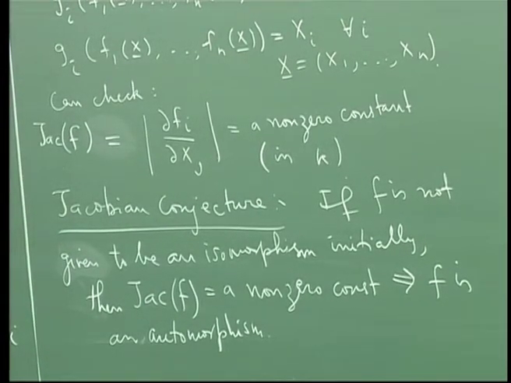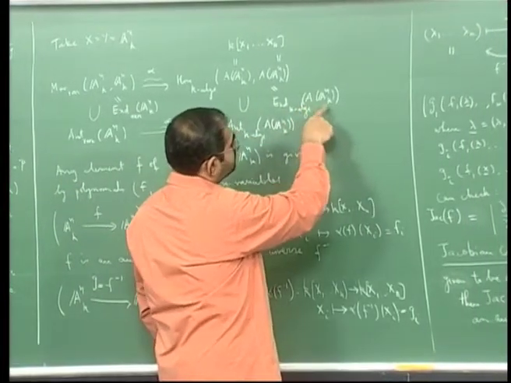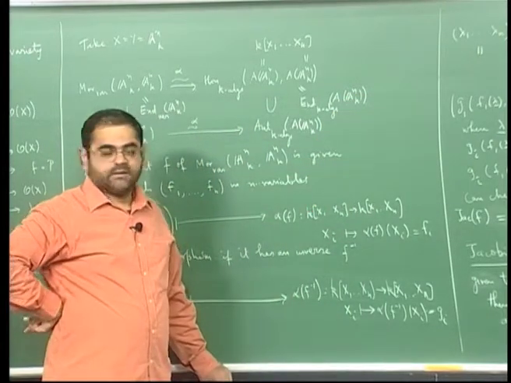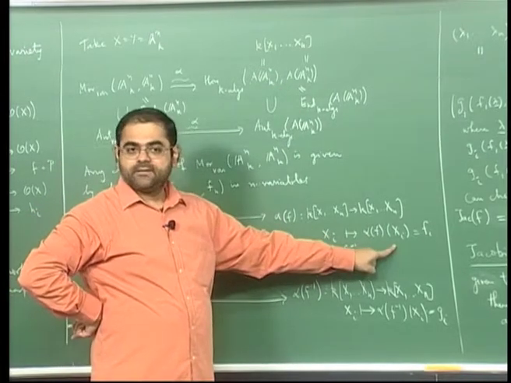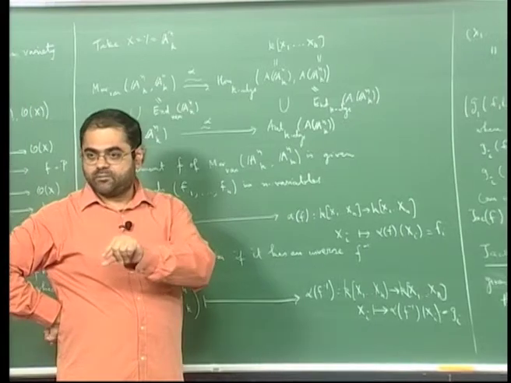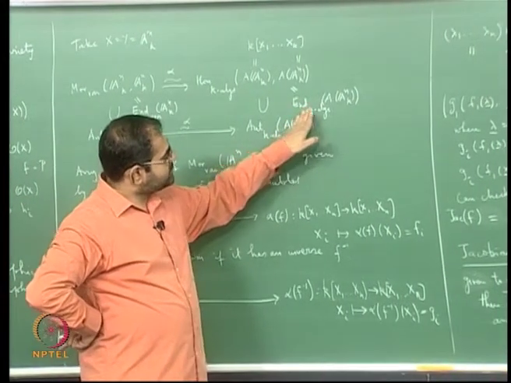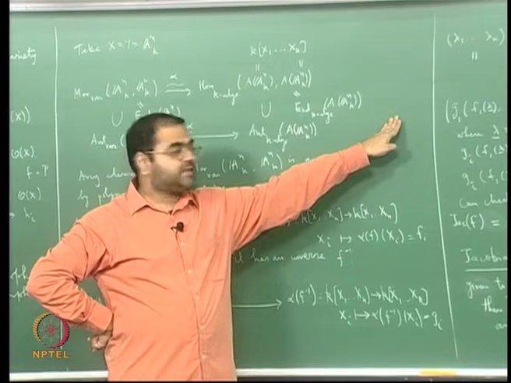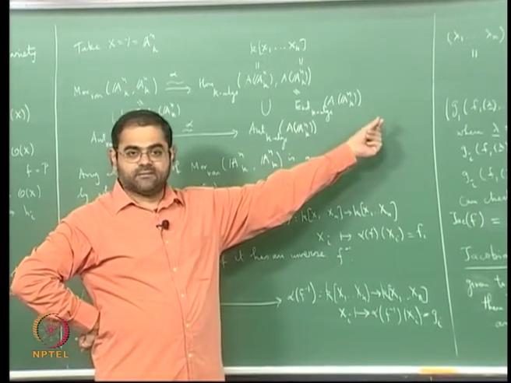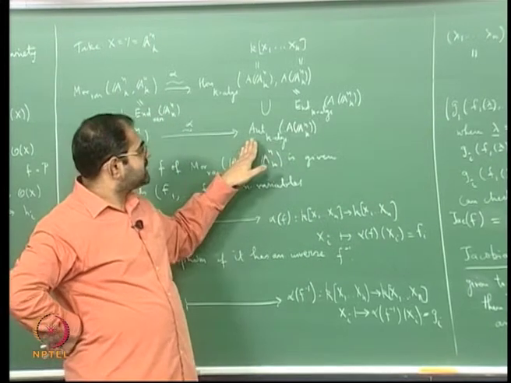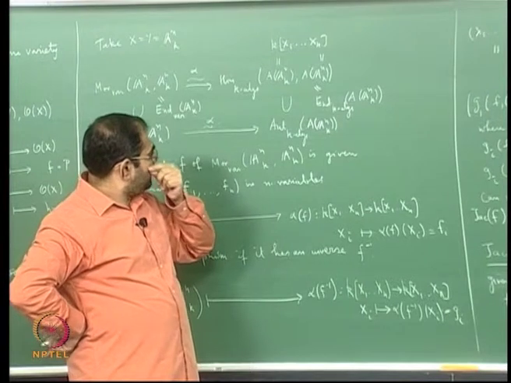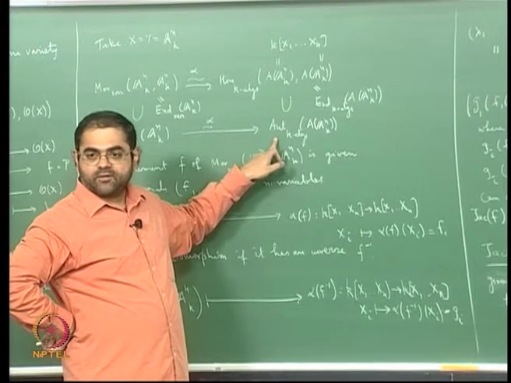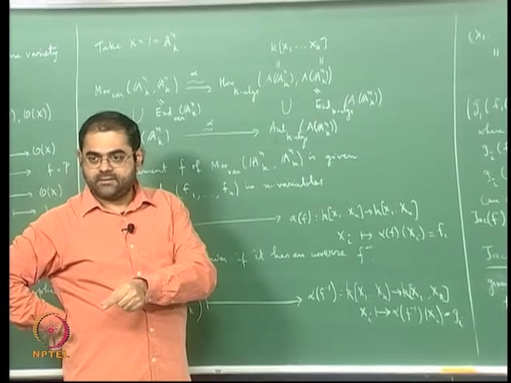Another way of stating that is that there is a map from here to the polynomial ring given by taking the determinant of the Jacobian. Every endomorphism is given by n polynomials, and you take the Jacobian determinant of those n polynomials, you will get a polynomial. So you get a map from this endomorphism set to your ring of polynomials, and what we have seen is that the inverse image of k star, that is the non-zero elements of k, contains this. Namely, for every automorphism the Jacobian is a non-zero constant, but the question is